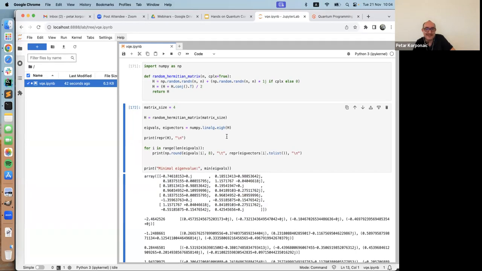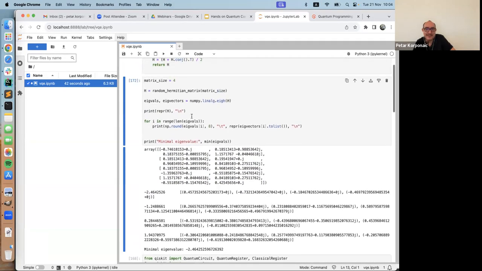Let me see, where is it? Yes, so all you need is this, but on a quantum computer it's not that easy. Of course, in quantum frameworks like Qiskit and other quantum frameworks, usually there is a VQE subroutine. So you only need to call one function in Python, which will take